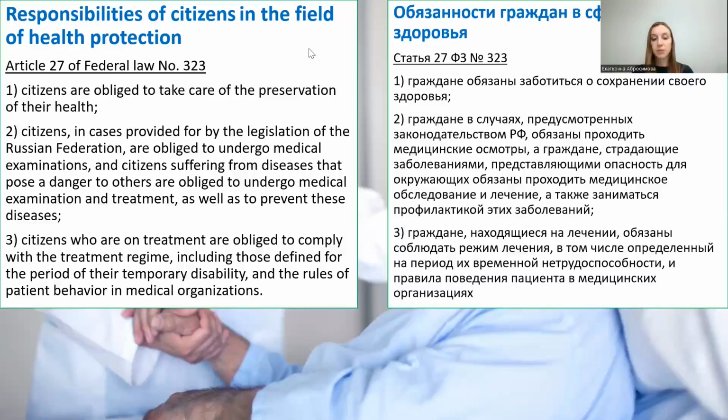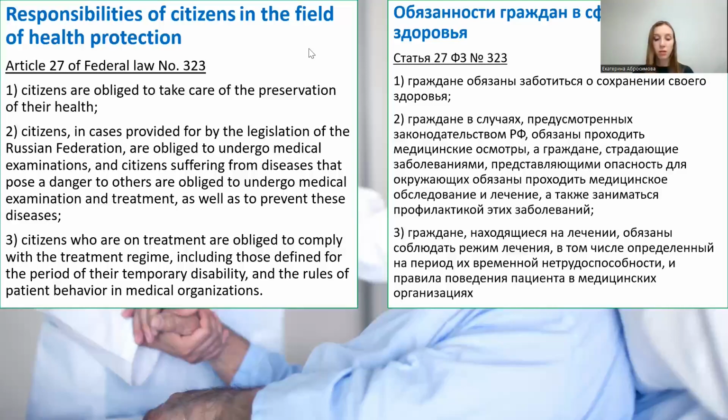A violation of these responsibilities of the patient results in a number of negative legal consequences for citizens. For example, refusal of employment, or refusal of hospitalization or discharge of a patient from a hospital for violation of the regime, reduction in the amount of temporary disability benefits, etc. The duties of patients represent a little studied problem of modern legal provision of healthcare because there are many reasons. For example, the perception of the patient as an initially more vulnerable party in the relationship, in the